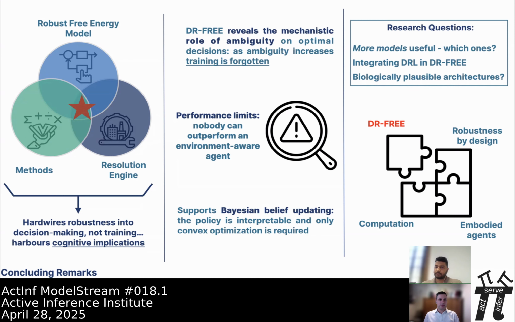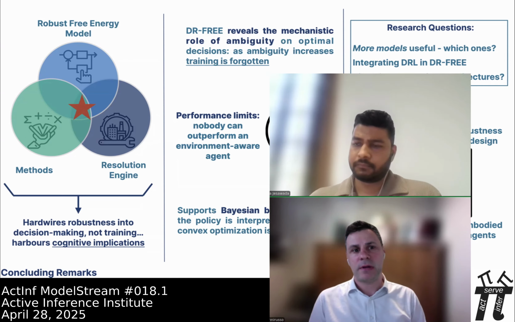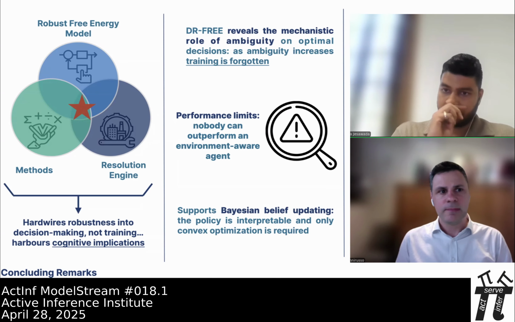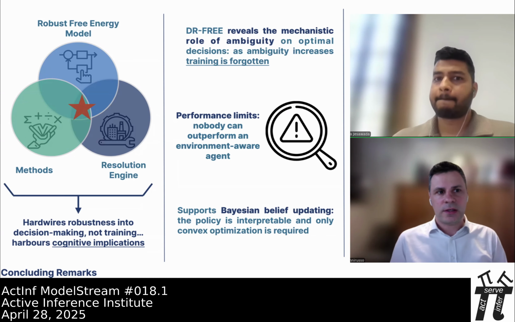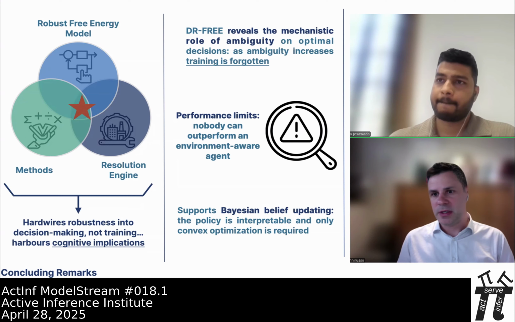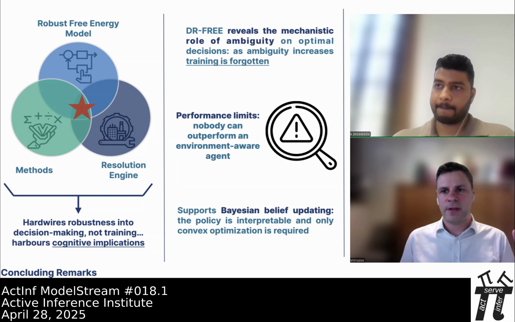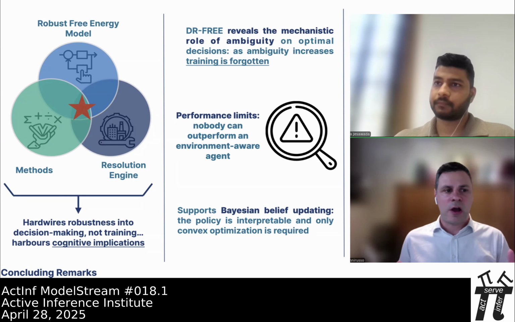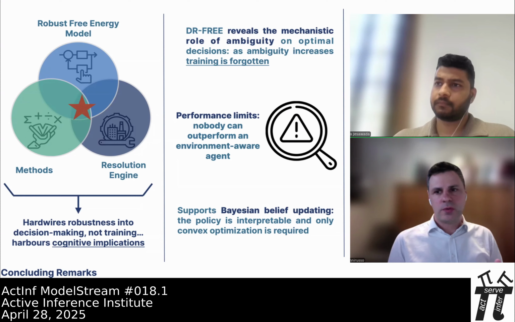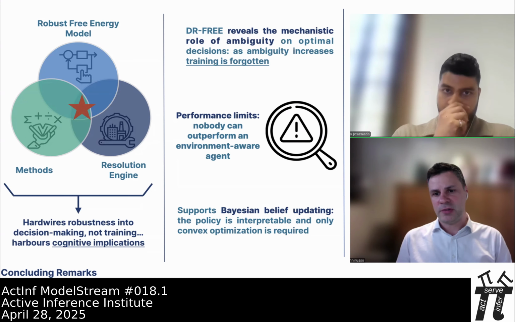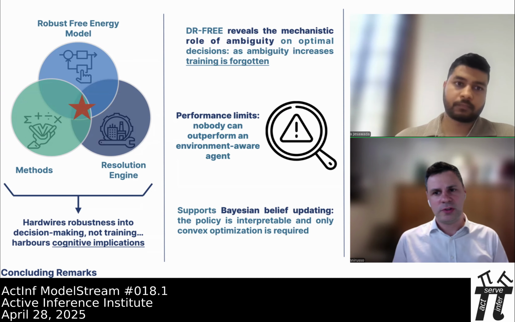And where do we see this placed? I think we prepared this slide that summarizes and maybe captures some of the points that were discussed, about the interdisciplinary link. So we see this placed in the context of feedback systems. So in the end, the agent and the environment are two systems that are in feedback. So the actions affect state and state affects the actions. Basically what we did was to bring some control theoretical and optimization methods into this minimization of variational free energy. So it is really an intersection between computation, embodiment of agents, and robustness.